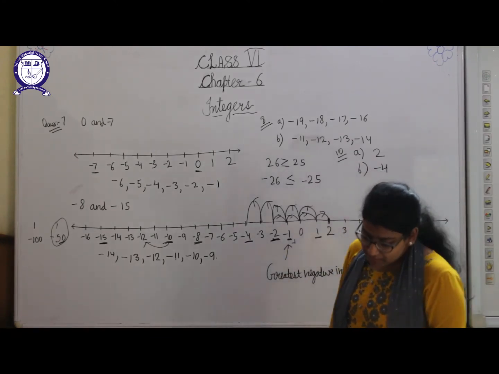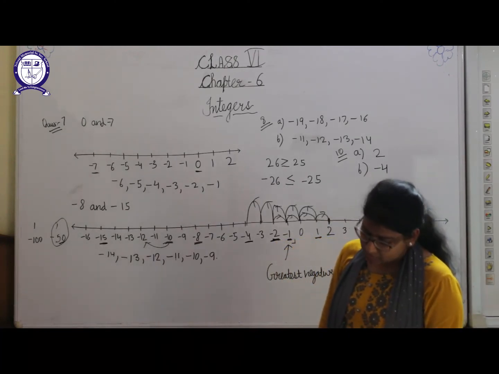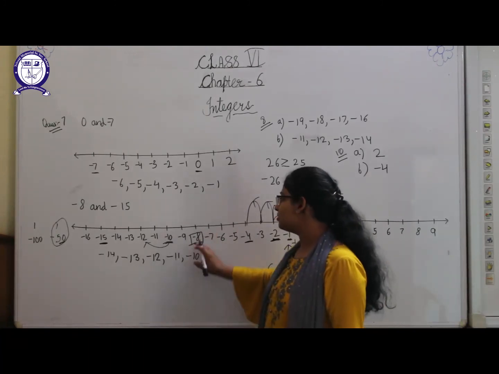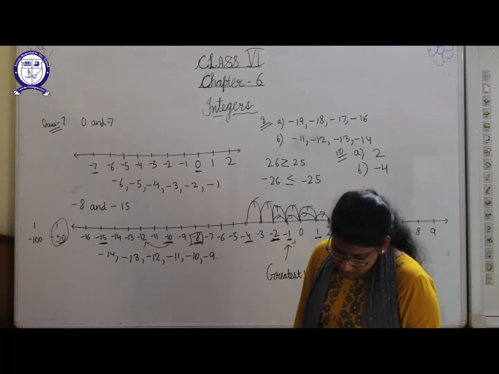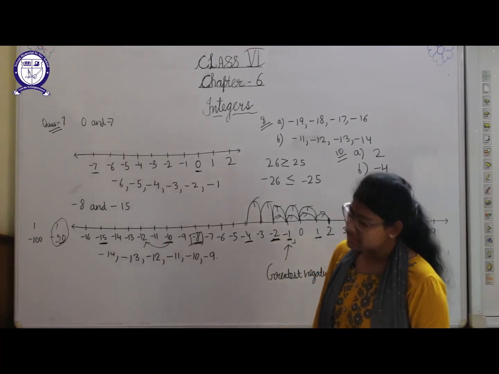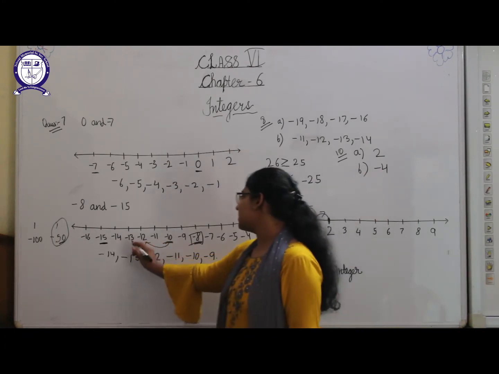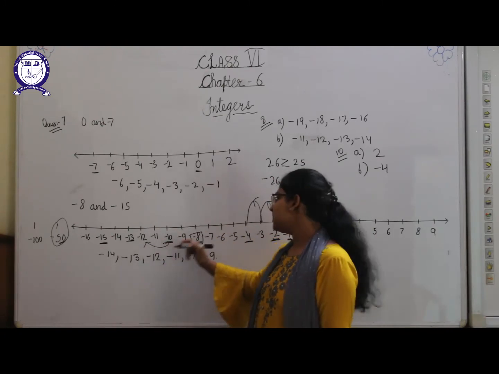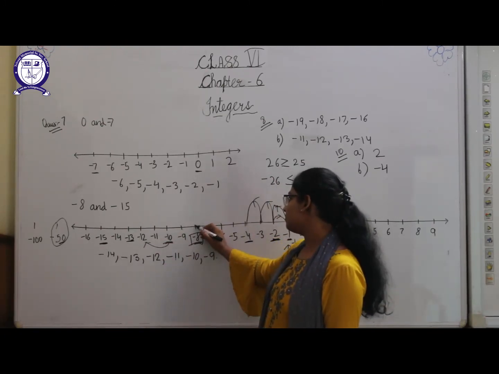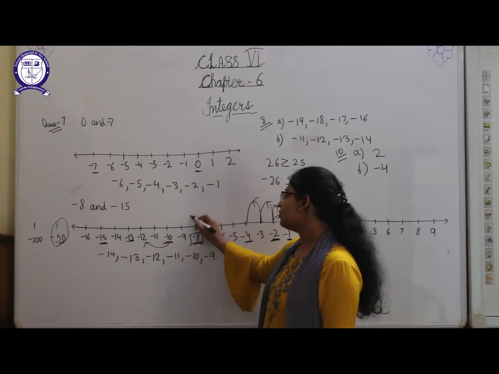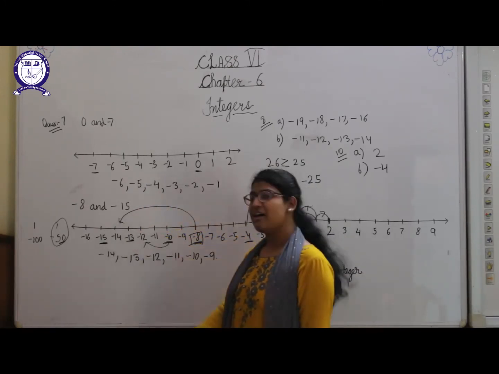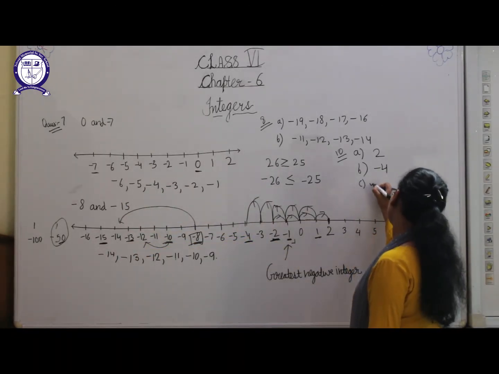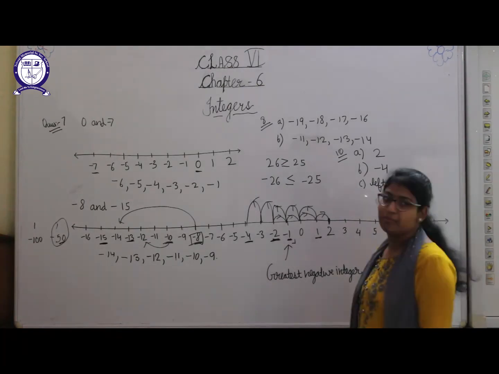Okay. Now C part is: if we are at minus 8 on the number line. Here it is minus 8. We are on the minus 8. In which direction should we move to reach minus 13? If we have to reach minus 13, here is minus 13. So towards which direction should we proceed? If we have to go from here to here, in which direction are we going? We are going towards the left because that is the left side. So we will write in C part that we should go to the left direction of the number line to